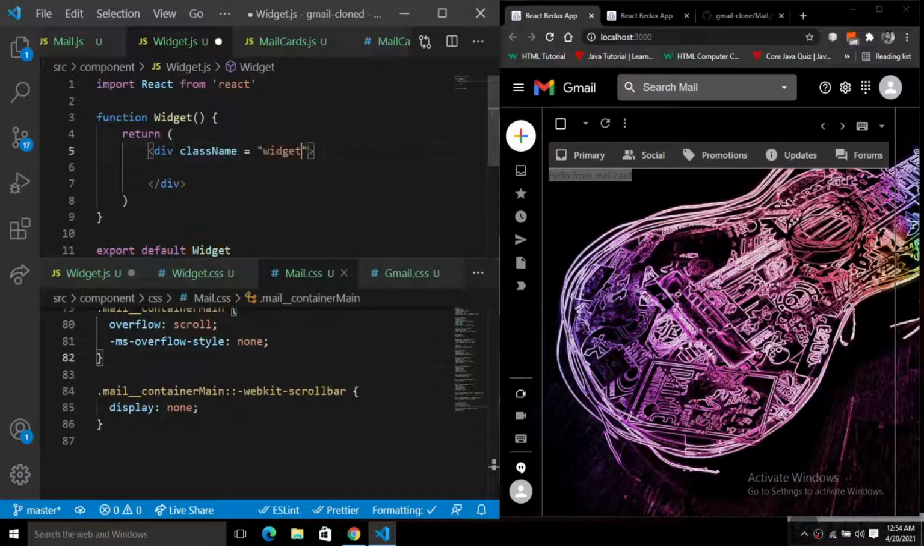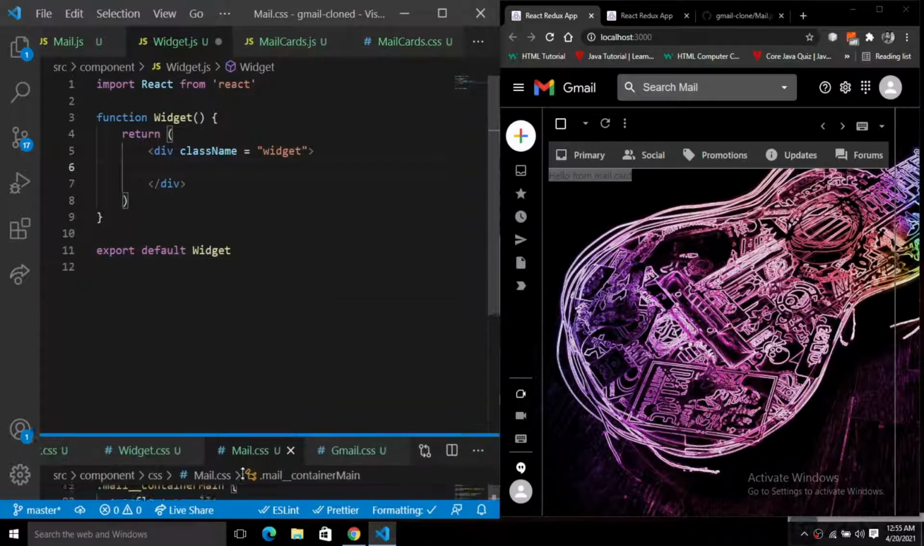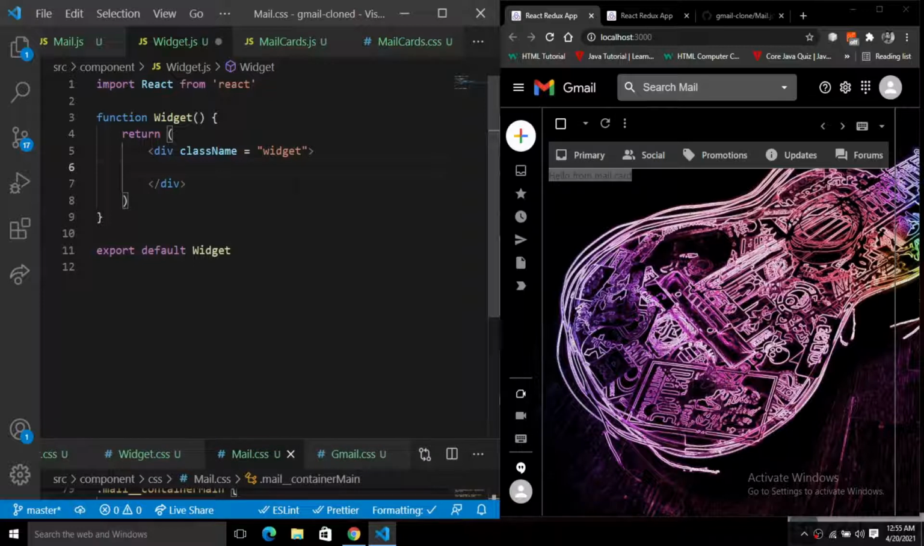Just give the widget class name, and here it is. So this is the widget.js. Okay, so we have this widget.js already there, so I'm going to simply close this. Okay, so we have this widget here. So now what we are going to do, the widget component is a